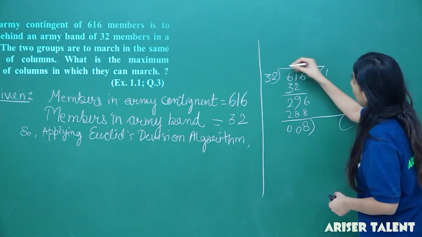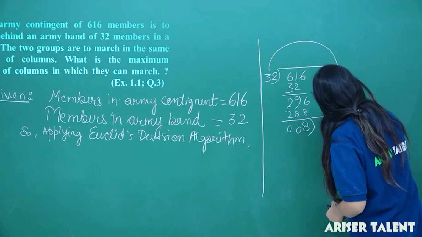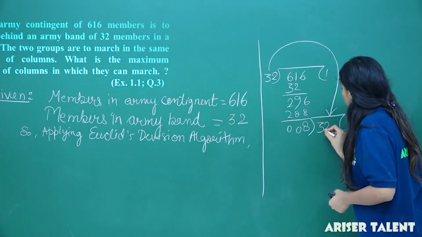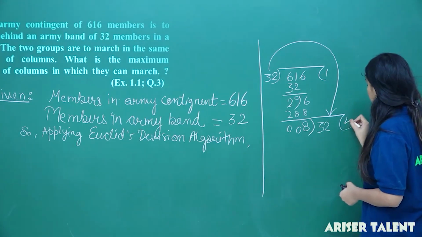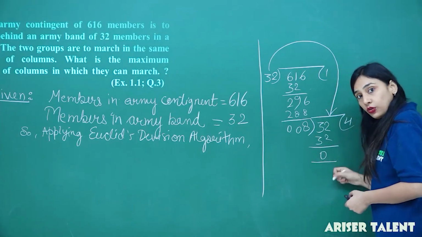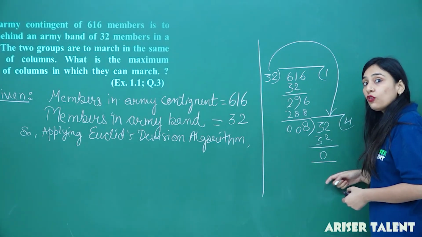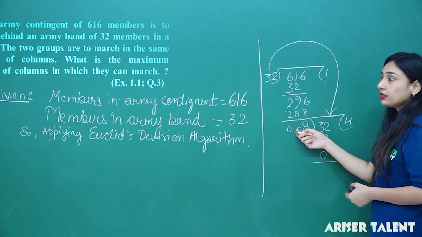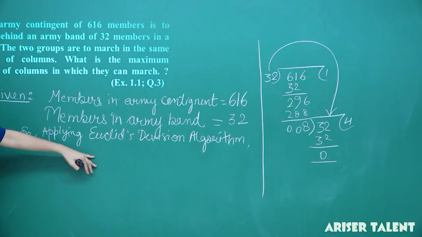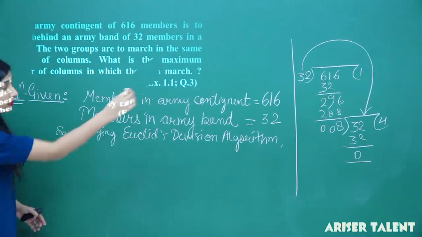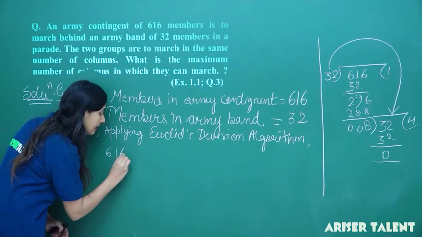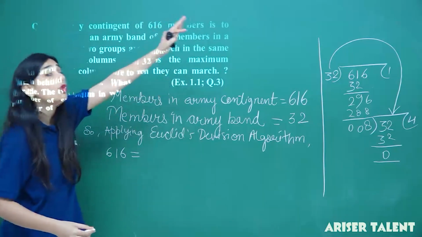So, here our divisor will become the dividend, right? 32, 4 times, and the remainder is 0. The remainder is 0 here. So, what will be the HCF of these two numbers? 8, right? So, putting this into language, applying Euclid's division lemma, 616 is equal to 32 multiplied by